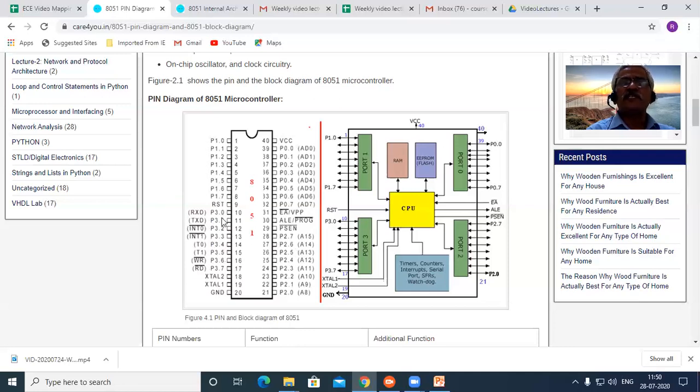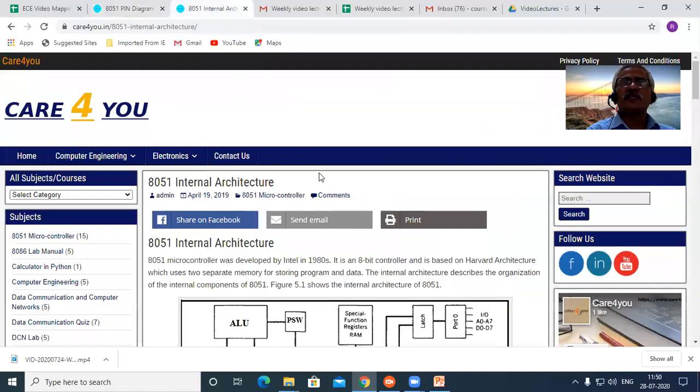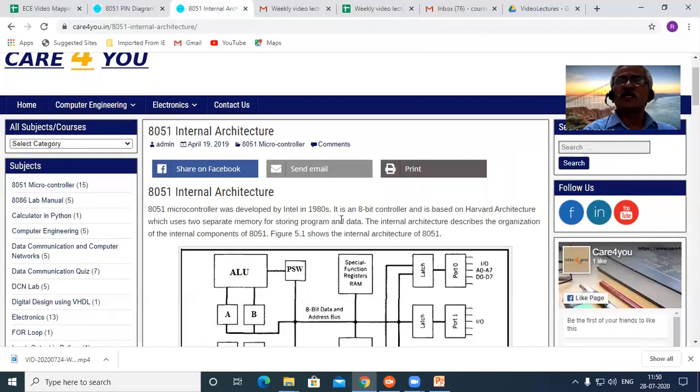When you look inside this particular package, you find the 4 ports which are 32 lines, the internal timers, adders, A to D converters, and so on. Then you have the CPU, then you have the RAM and the EEPROM for storing the complete program memory. Now, having seen the internals and an external view of the 8051 microcontroller, it is time to peek further inside to know what the internal architecture of the 8051 is.